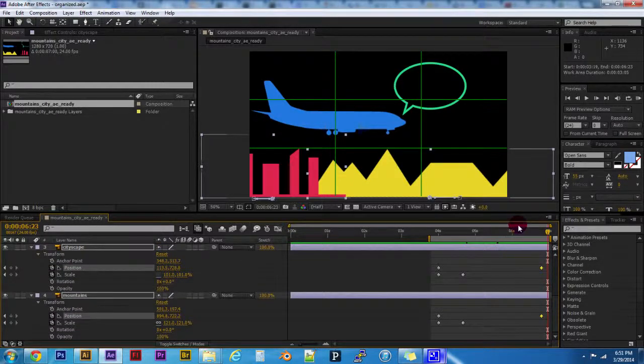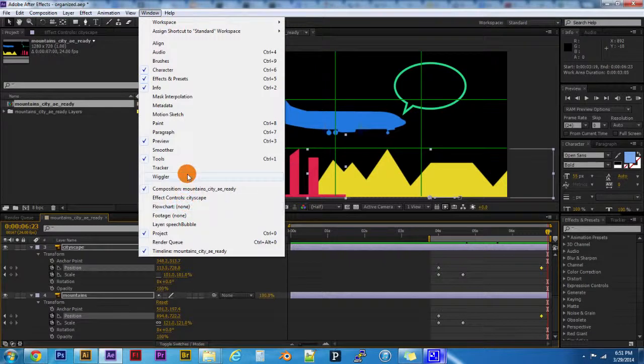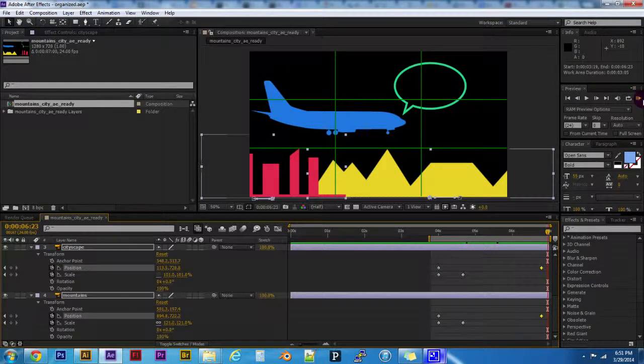So what I can do now is preview what I've done, and this is where the preview panel comes in. If you can't find the preview panel, go ahead and pull it down from Window. Here it is, the preview panel. This is really one of the big panels that we use all the time here. And sometimes you may get